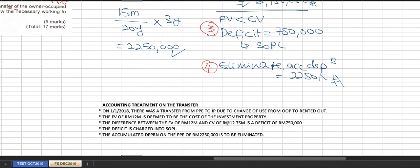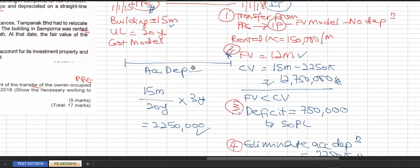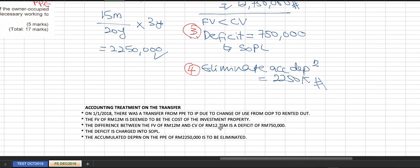But if you show this correct figure but I couldn't find your working, you still get full marks. But the problem is always when the figure is not correct, so I need to check how you get the calculation. So if you don't show the working, you get 0. So make sure you show your working here next to 12.75,